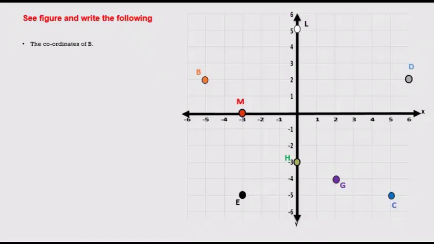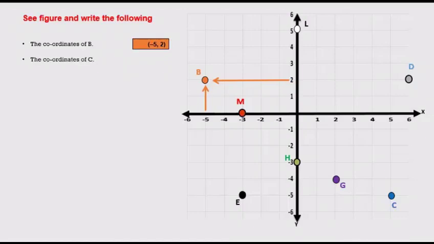As we have already discussed, you have to find the distance of point B from y-axis. It's very clear from the figure that B is -5 units away from y-axis. That's your abscissa. Now you will find the distance of B from x-axis. B is +2 units away from x-axis. That is your ordinate. So the coordinates of B can be written as (-5, 2). Remember, we write the coordinates of a point as abscissa followed by ordinate. Both the numbers you will write in bracket.